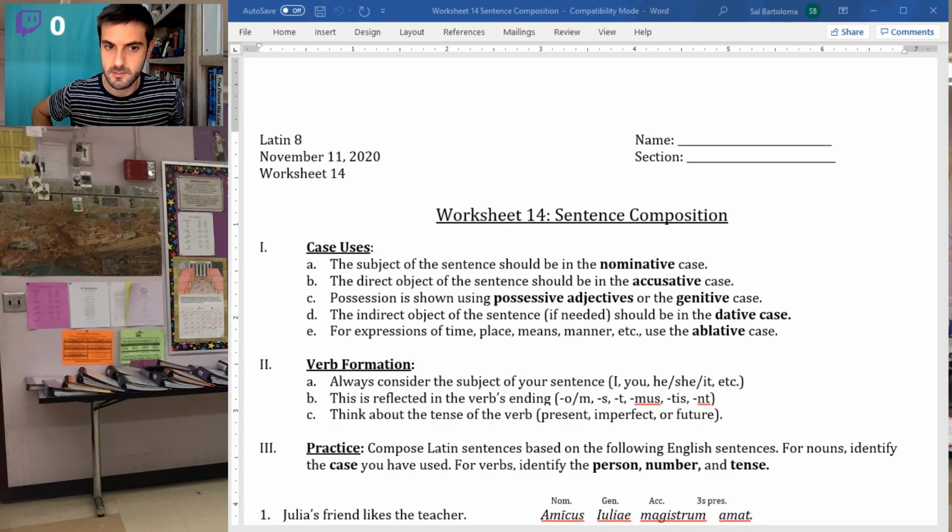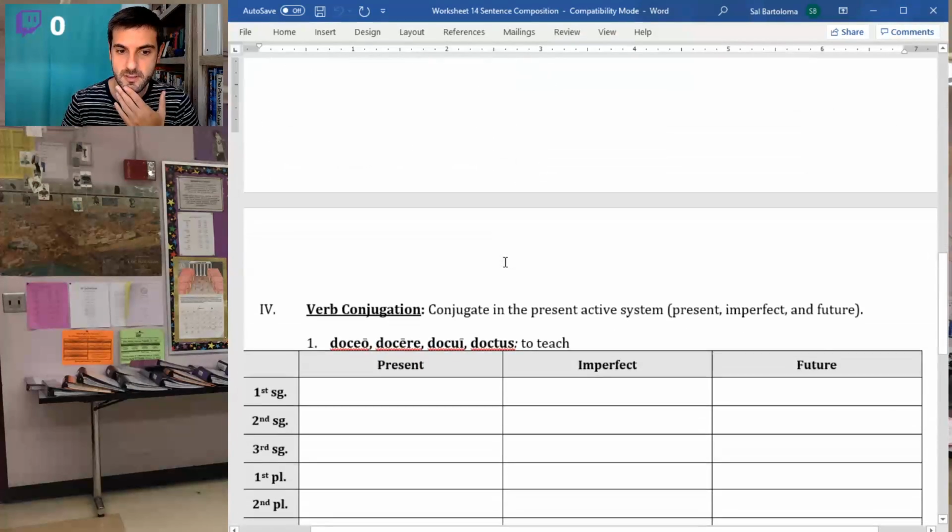Let's get started. This is worksheet 14. So as promised, I'm going to actually start on the second page. This worksheet is about building sentences, so we're going to talk through the different cases and how to use them and when to use them, and all that good stuff. That might take a little bit longer. So instead we're going to fast forward a little bit and do the review stuff on the